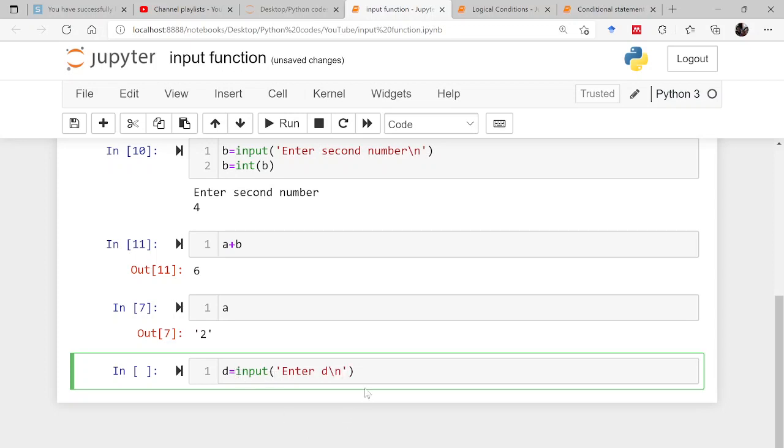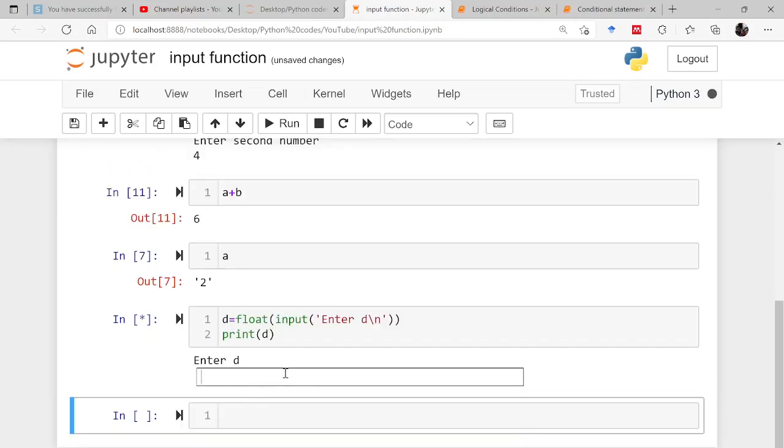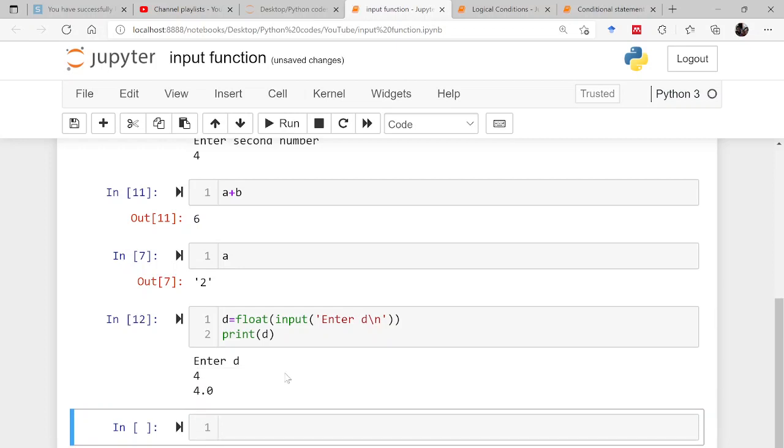I have to typecast it, so in the next statement I can write D is equal to float(D), but it is better to write it here, float and then input. So this will take the value from the user and then convert it into float, and then you can use it as a number. Let me print this D. Enter D, let us say 4, and now 4.0 is there in the memory.